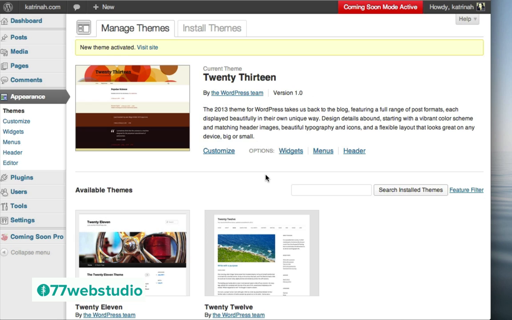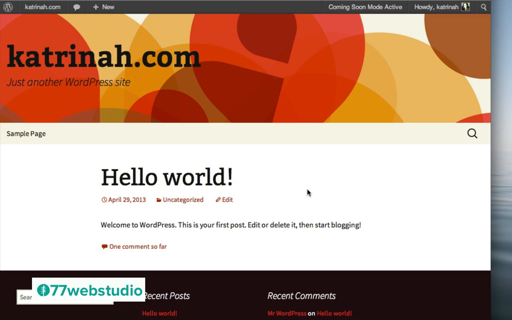So to see what the site looks like right out of the box when we install WordPress, you can either click on this link here that says Visit Site, or on the top left-hand side, you can hover over your website name and then click on this link that says Visit Site. So I'm going to click on Visit Site. And here we are on the home page of our WordPress website right out of the box when we first install WordPress. So pretty simple right now.